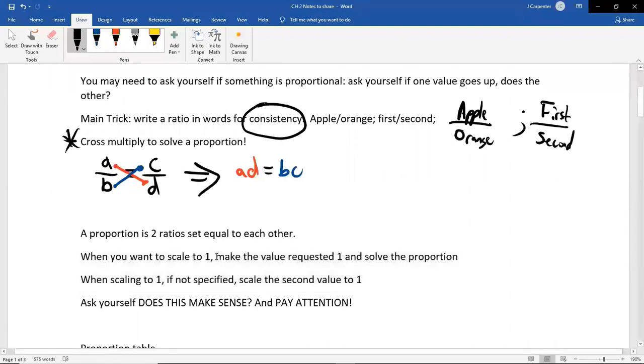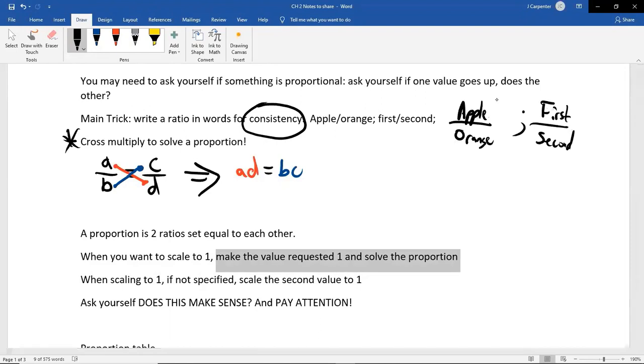When you want to scale something to 1, you will make the requested value 1 and then solve the proportion. So you would maybe be told, all right, 2 apples to 3 oranges, and then they say, scale the apples to 1. So 2 over 3 would be one of your fractions. And then on the other side, the apple on the top, assuming it would be apple on the top, would be 1. So again, if I had something like scale 2 apples to 3 oranges